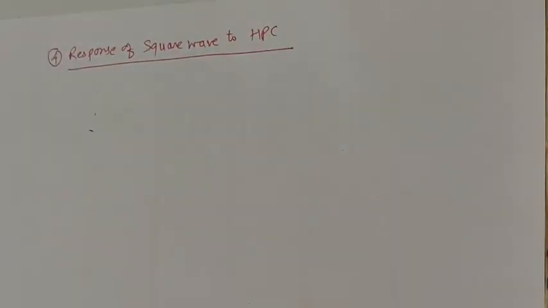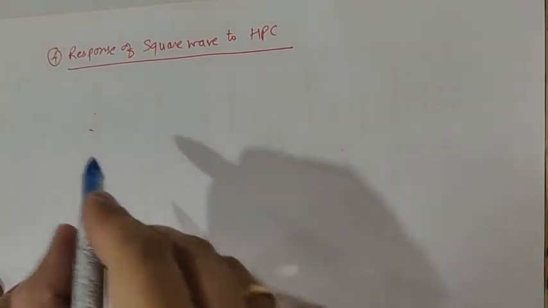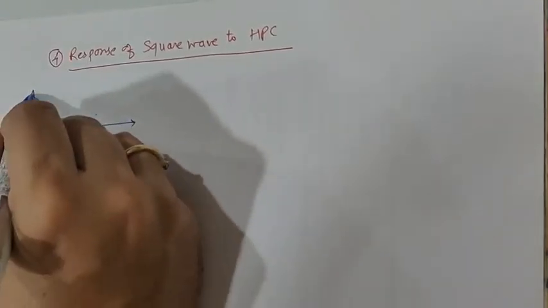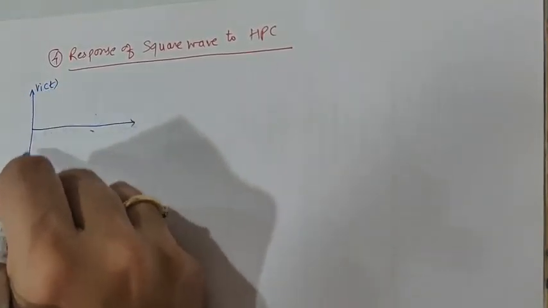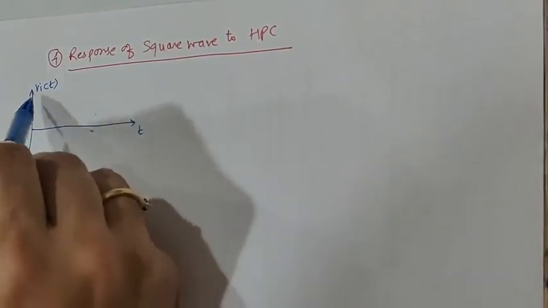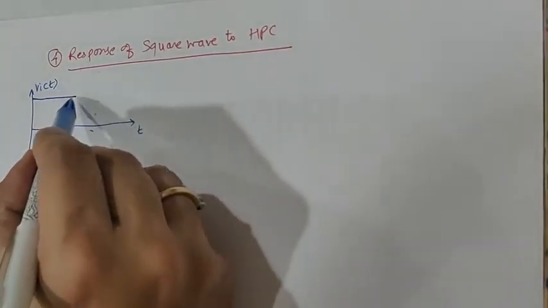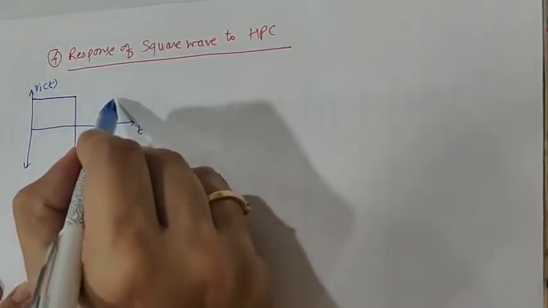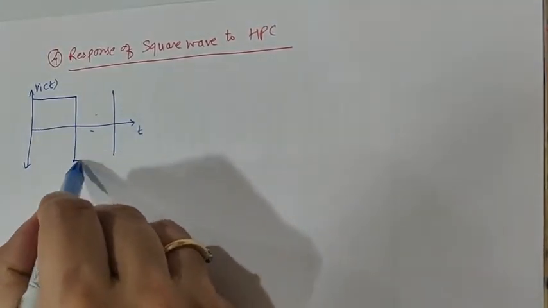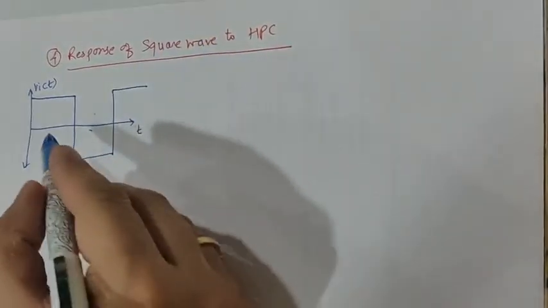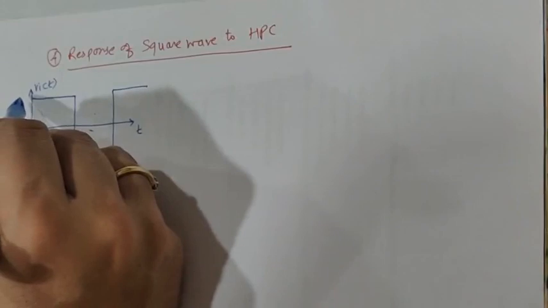Try to understand. If you will logically understand this, it is going to be very easy. Okay, so let me first of all draw the square waveforms so that we will mathematically define it. So this is your Vi of t, this is t, and this is going to be your input waveform.